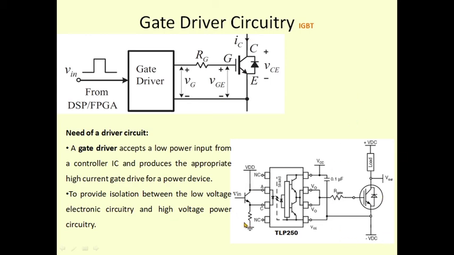Another thing that we do over here is we are having 3.3 volts at the output of the DSP pin. We amplify this voltage to 15 volts. That is another thing. We also amplify that voltage. So here we are having a push-pull type of structure, a push-pull amplifier. You must have studied it in your electronics course. That is being used to raise the voltage from 5 volts or 3 volts to approximately 15 volts.